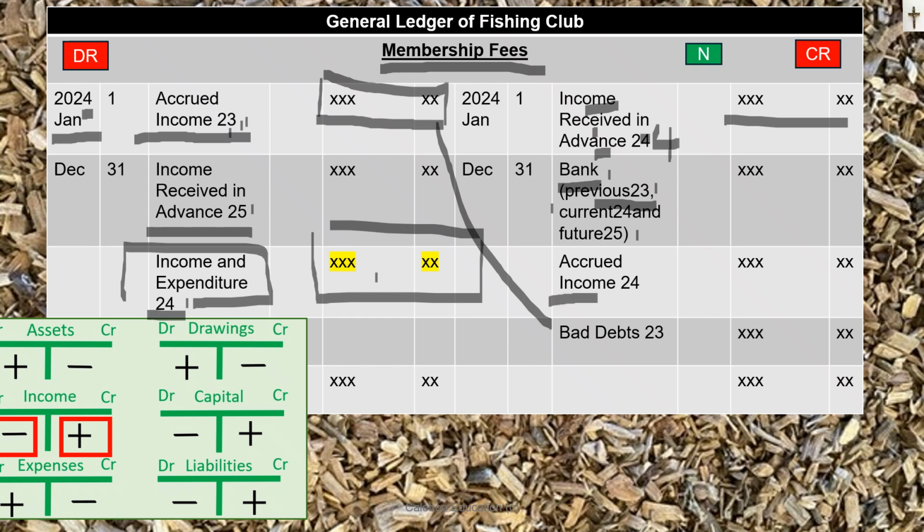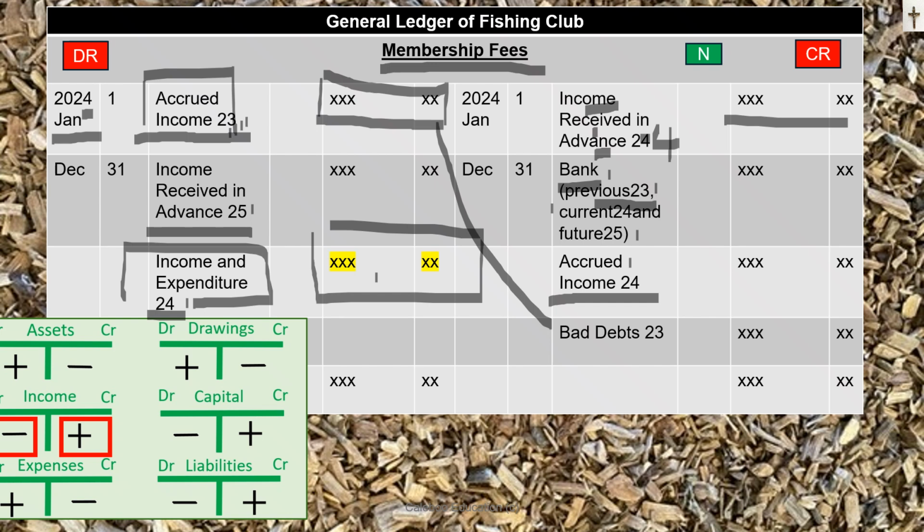Then what will happen at the end of the year, we will be told that certain members are using the facility for the year. They've come into difficult times and they haven't paid us yet, but we've earned the income for their membership and it is owing to us. So we make an adjustment at the end of the year, accrued income, because that income has been earned in 2024. We bring it into account this year because we haven't received it,